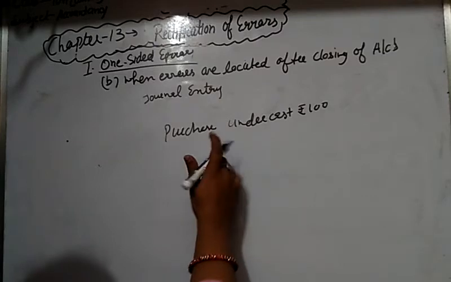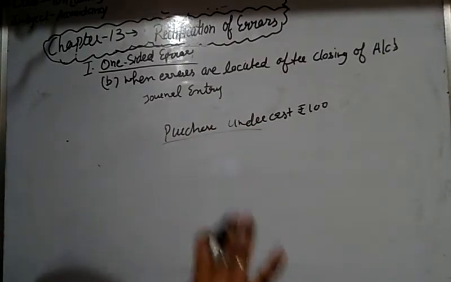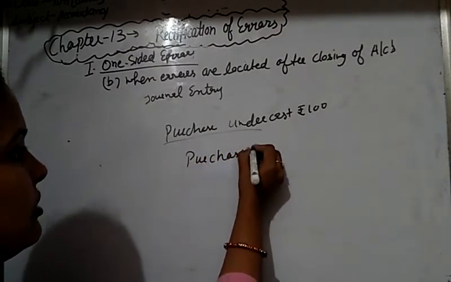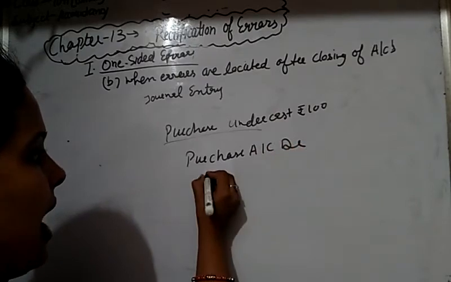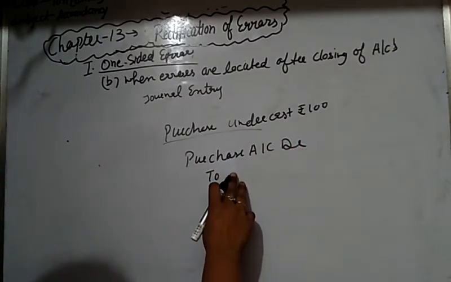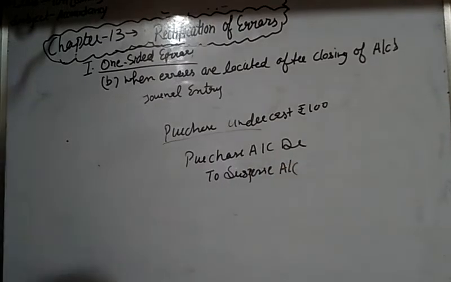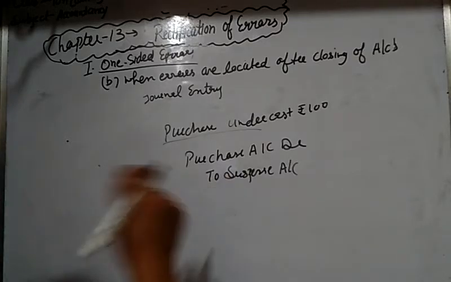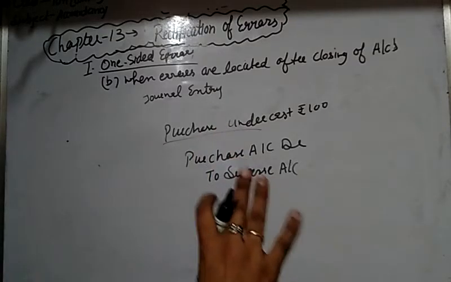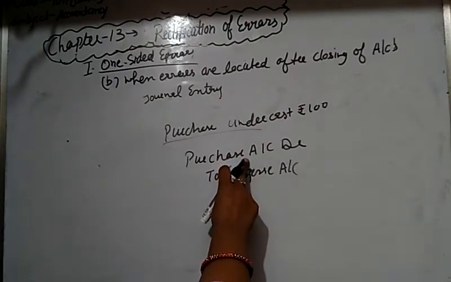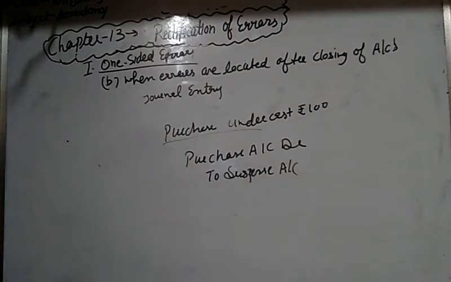So we have to debit the purchase account with 100. So we have to increase the amount. Okay, so we debit the purchase account. So we pass the journal entry, purchase account debit, and the account which is credited against purchases account is suspense account. Okay, so a new account is opened to rectify the entries which is wrongly debited or credited. So the account which is wrongly credited, we debit it and we credit against it the suspense account.